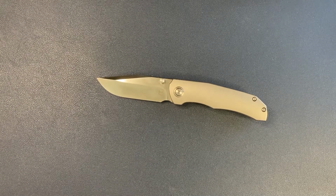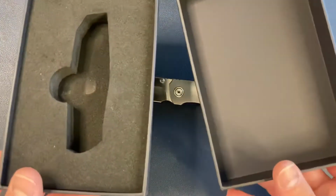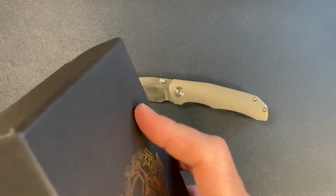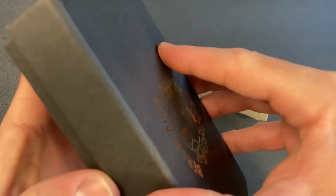And also, by the way, I'm not a fan of this box. It's really hard to open up. There's nothing to grab onto to open the box up. Kind of gotta dig your nail in there. Not a fan of that. But anyway,